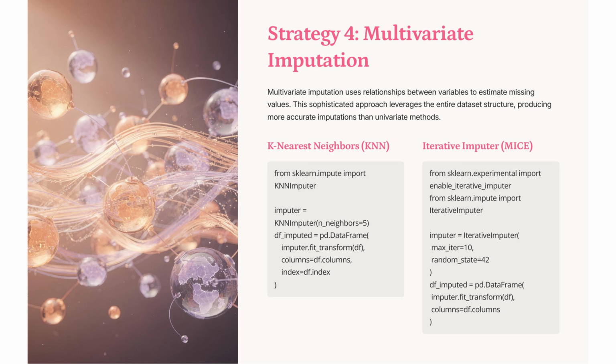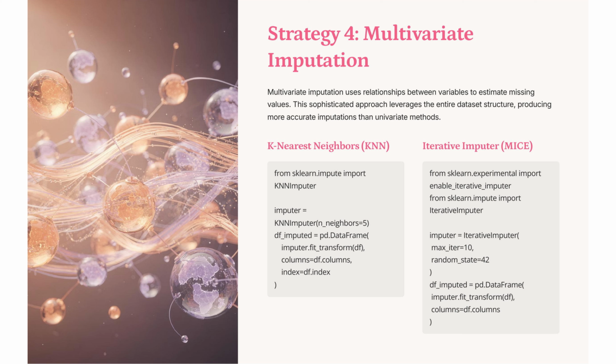Multivariate imputation leverages relationships between variables for estimating missing values, enhancing accuracy over univariate methods. Using k-nearest neighbors and iterative imputer, multiple imputation by chained equations, we can effectively utilize the dataset structure. K-nearest neighbors considers neighboring data points, while multiple imputation by chained equations iteratively refines imputations, both offering robust solutions for